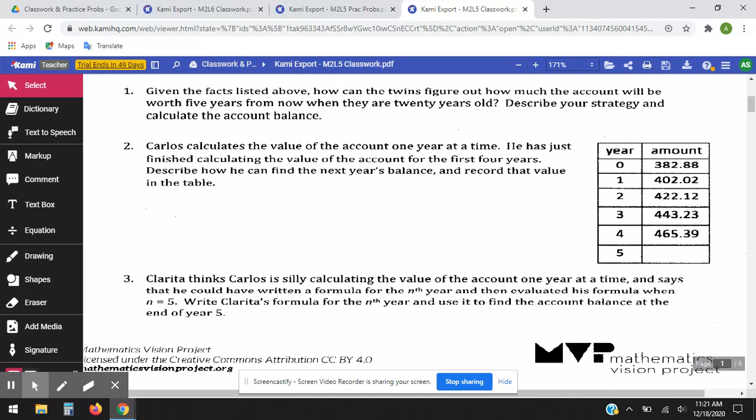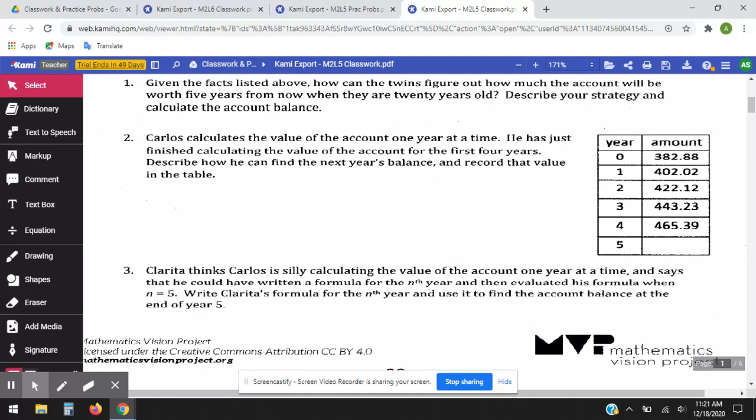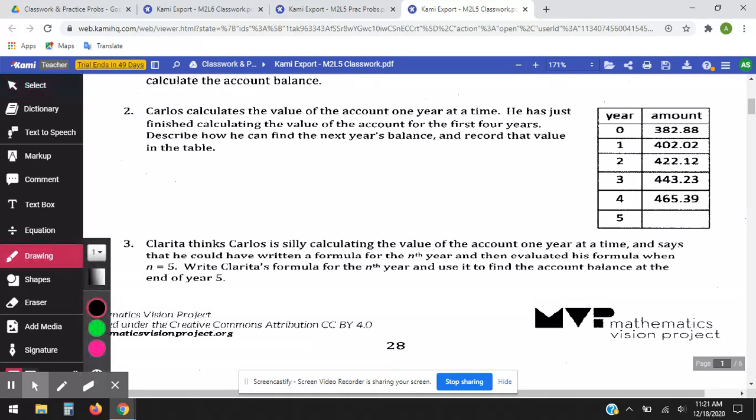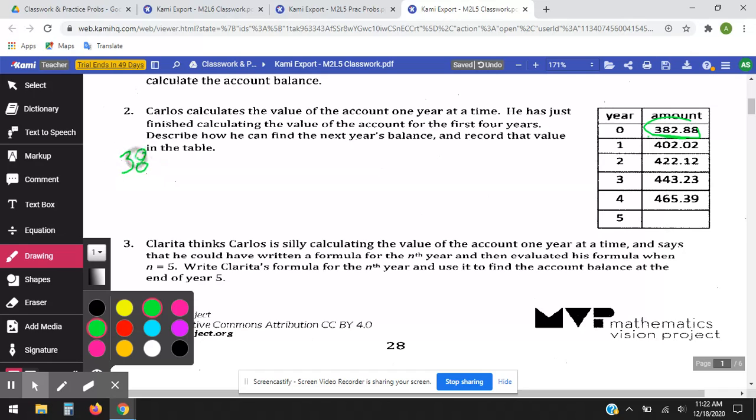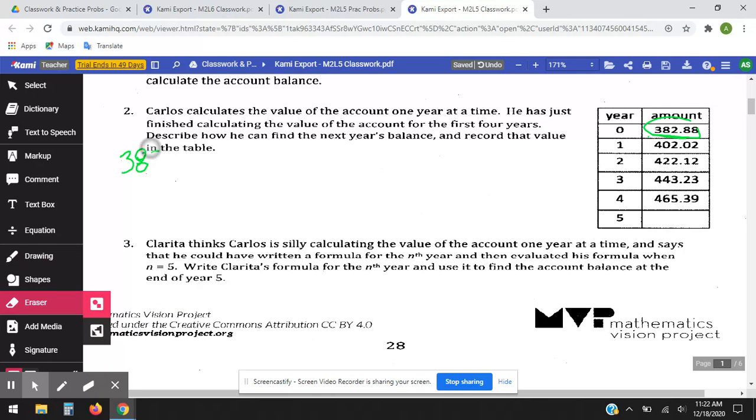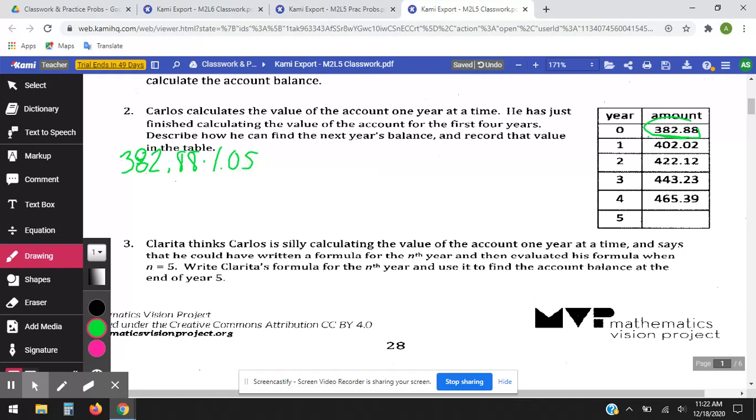Now that you've kind of got a theory, Carlos and Clarita have two different ways of solving this. Carlos calculates the value of the account 1 year at a time. So he knows that we're starting with the 382.88, and he can find the value of the account for the first 4 years if he does it 1 year at a time. So he's taking 382.88 times 105%, so the full 382.88 the first year,